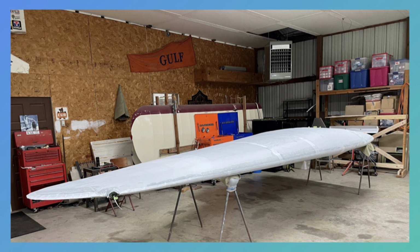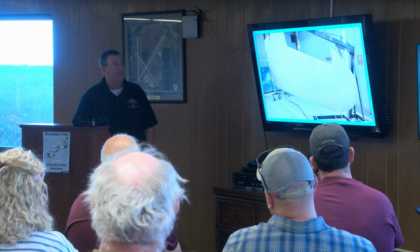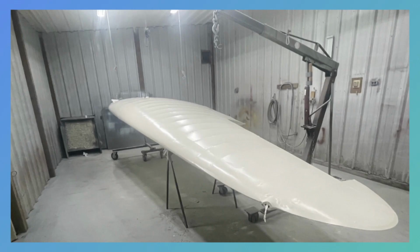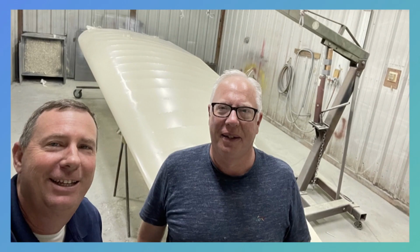This is the other wing. We just finished that. Here it is with the primer on it. That's a urethane finish, is it? Yeah. So I just used a Randolph on one of the new